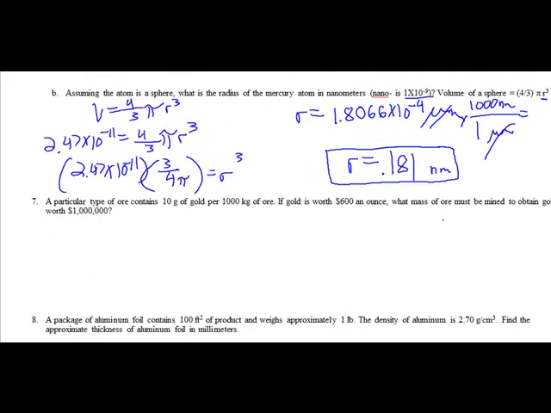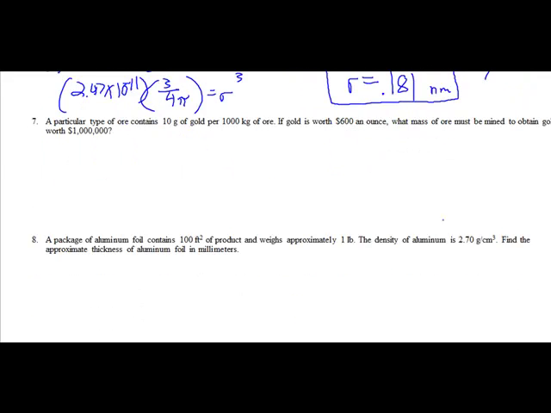All right, now let's look at our number 7. A particular type of ore contains 10 grams of gold per 1,000 kilograms of ore. If gold is worth $600 an ounce, what mass of ore must be mined to obtain gold worth $1 million? So what's the kind of arbitrary thing that we're going to start with? $1 million. So I'll start with that. And I'll actually use scientific notation. 1 times 10 to the 6th dollars